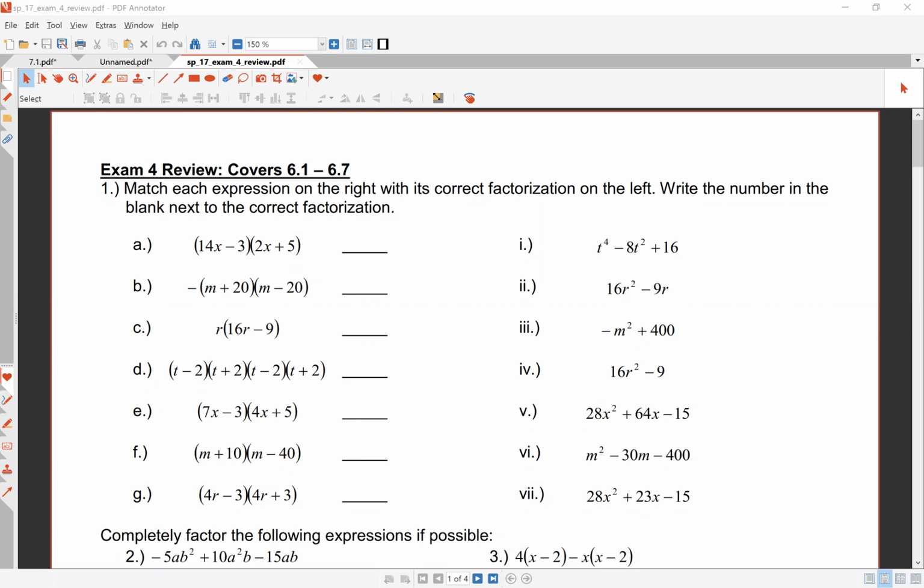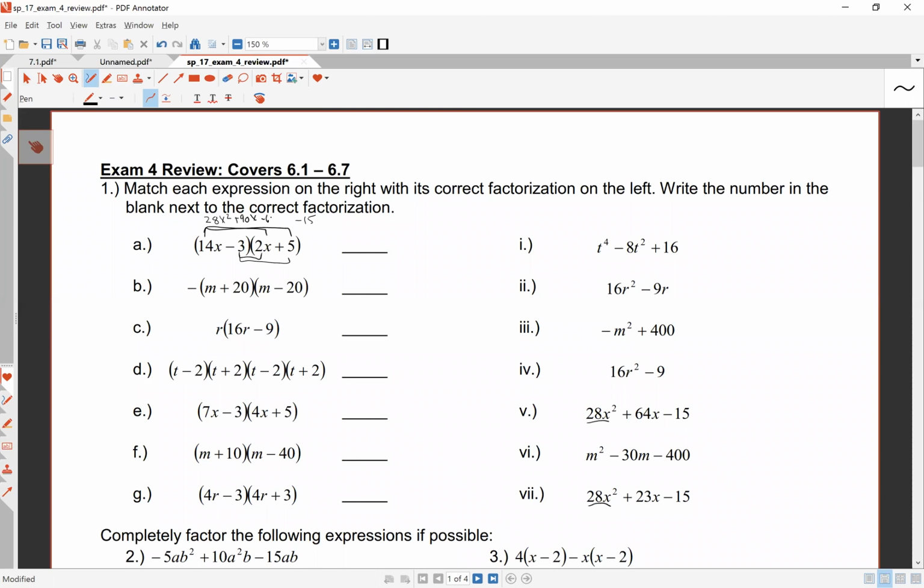So you can think of this more as an exercise in multiplying and then matching the polynomial. 4x minus 3 times 2x plus 5: 4x times 2x is 8x squared, and then the L in FOIL gives us minus 15. So when you look over there, there's 28x squared and there's 28x squared, but there's only two of them, so it's either 5 or 7, 50-50 shot. But then we check the O in FOIL, which is 5 times 14, which is 90x,